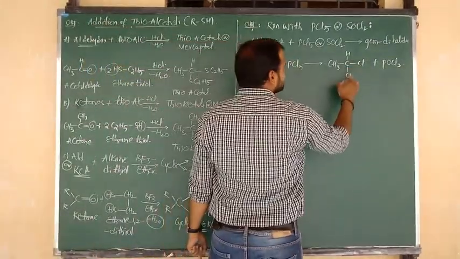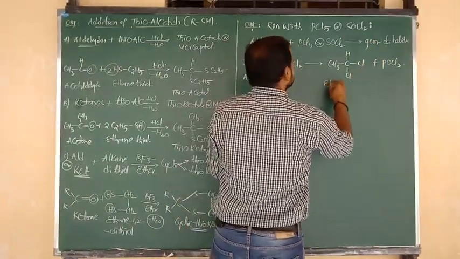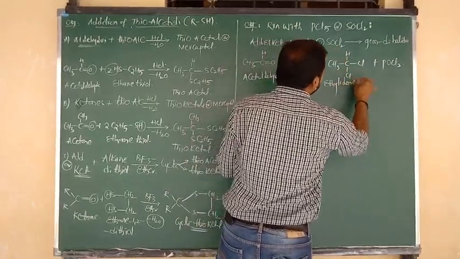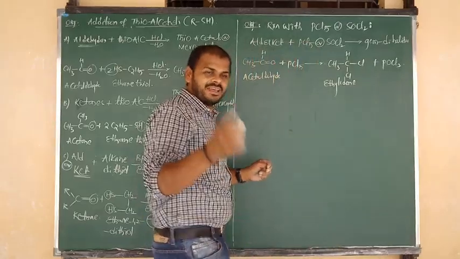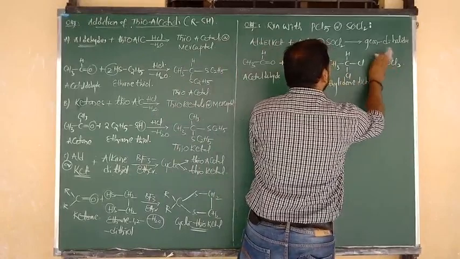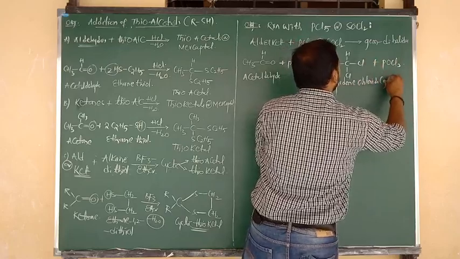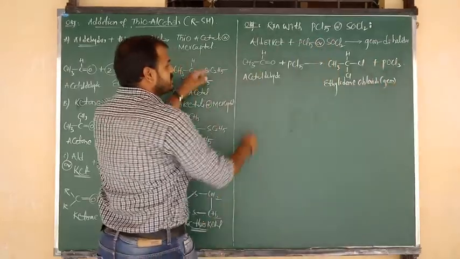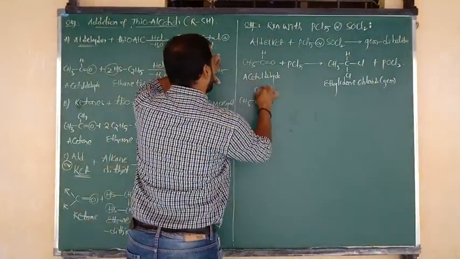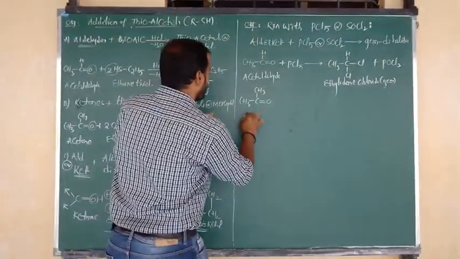But here two chlorines are present upon only one carbon. This is nothing but a gem dichloride compound, but the exact name of this compound, since two carbons are there, is ethylidene. You should not say dichloride, as the di is already covered here. So the name of this compound is ethylidene chloride. It is an example of a gem dihalide. Similarly, I am going to take one more example from ketone. CH3 bonded to C double bond O, bonded to CH3. What is the name of this compound? Acetone.